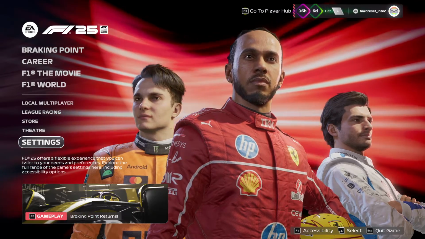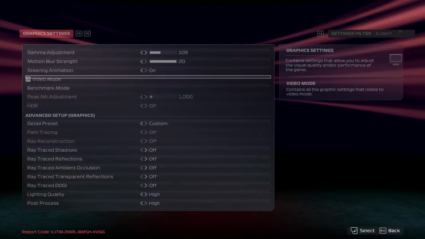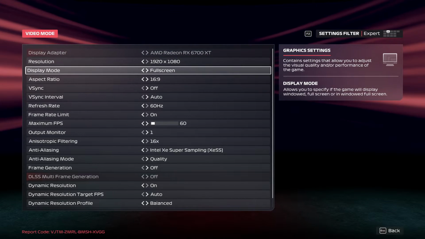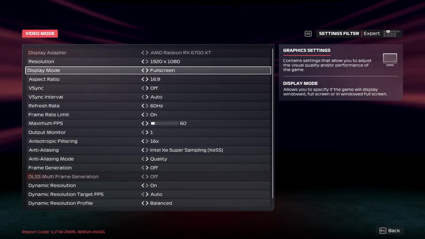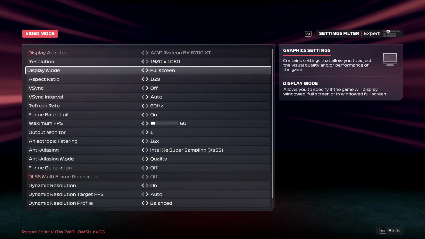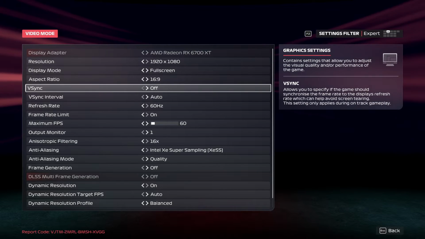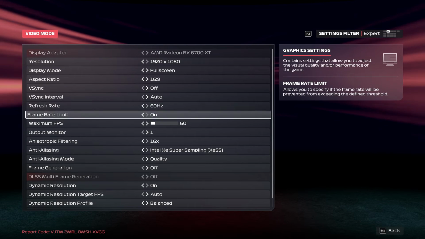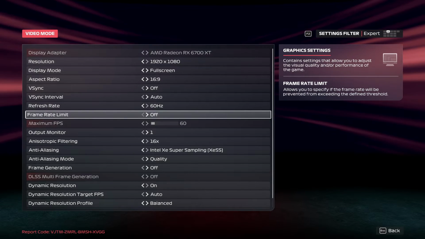In the beginning, let's go to the settings of your game and enter graphics settings. In video mode, select maximum resolution, full screen or full screen windowed. Enable VSync. Change refresh rate to maximum, disable frame rate limit,